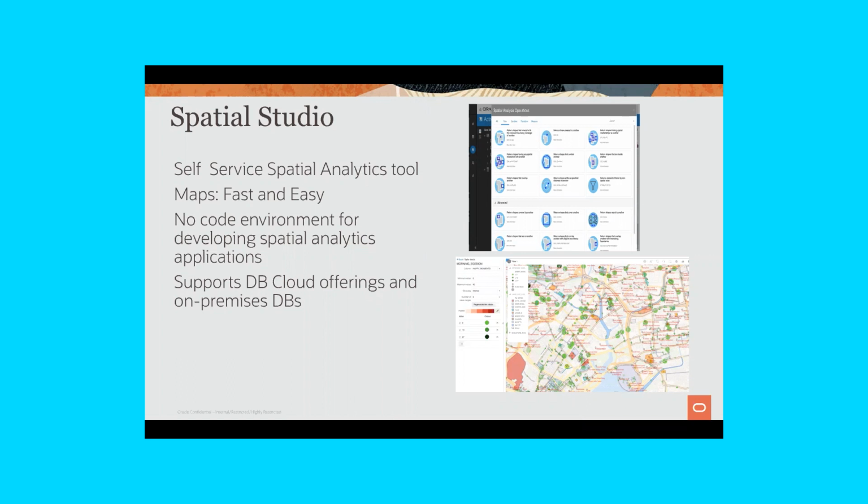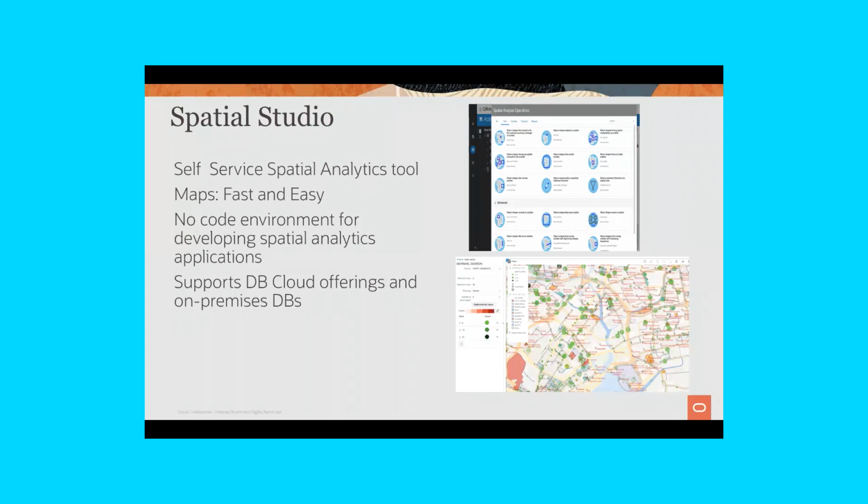So the idea is to make the map building very fast and easy, and provide a no-code environment for developing spatial analytics and applications. That means if you want to do some spatial analysis, you don't need to understand how to write SQL queries, like some of those SQL queries I showed initially.